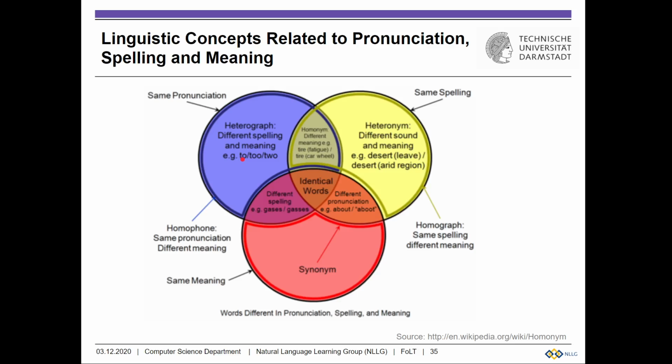It could also be pronounced like a short U, to, and this is a long U, two, but those two cases are really indistinguishable in terms of pronunciation. Such words that have a different spelling and different meaning but the same pronunciation are also called heterographs. And you can also have words that have the same spelling but a different sound and a different meaning,